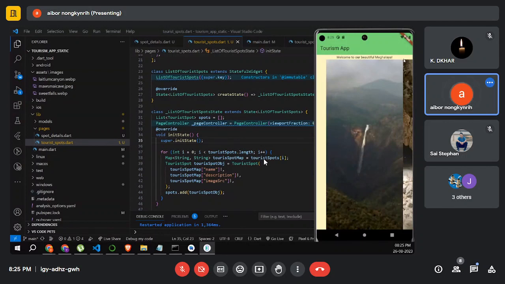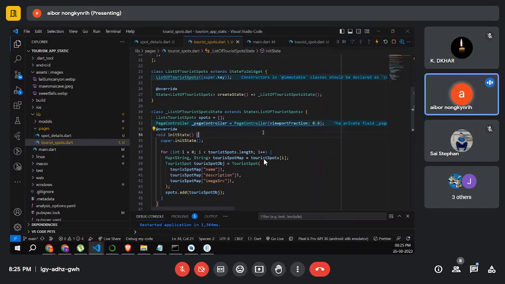Let's add padding in between these images, so there's some space in between them. So in order to do that,